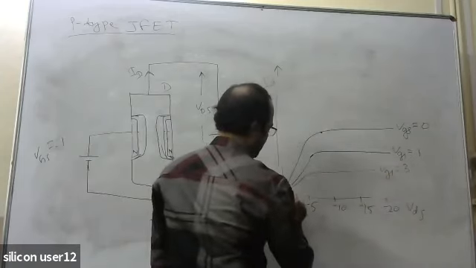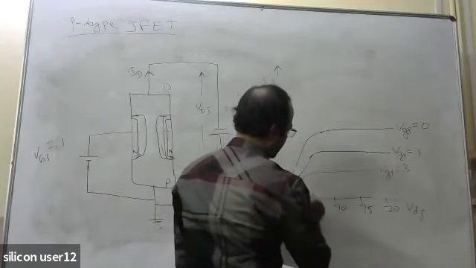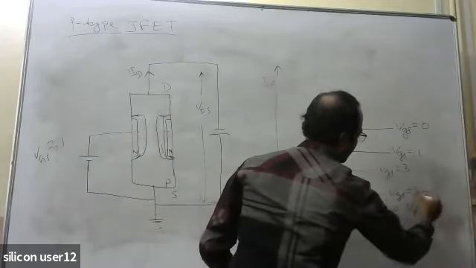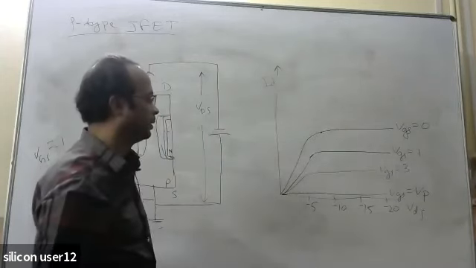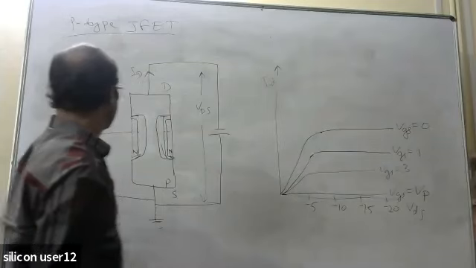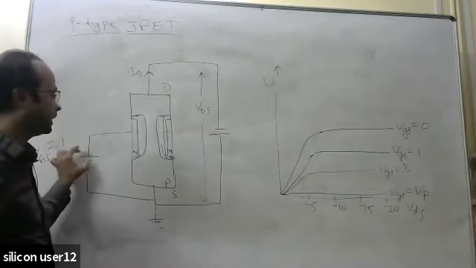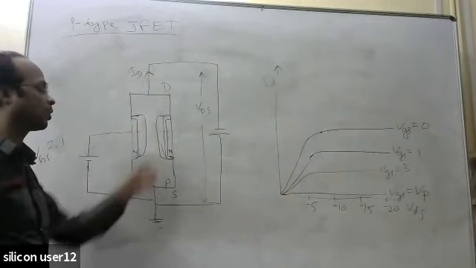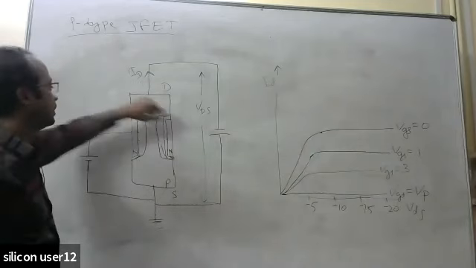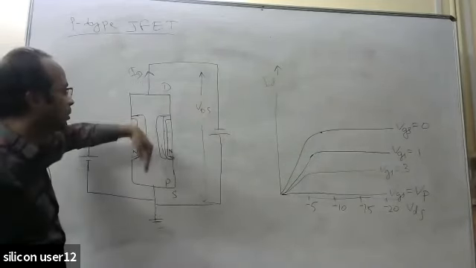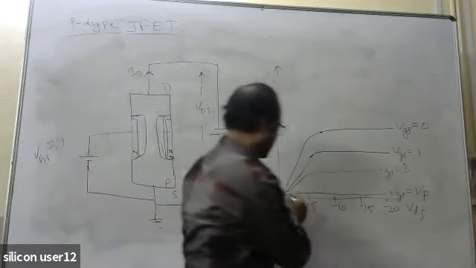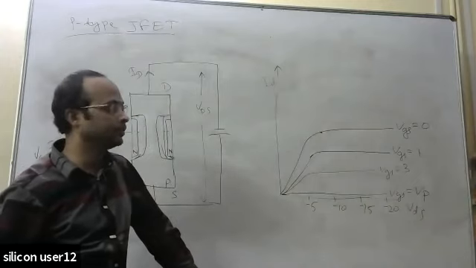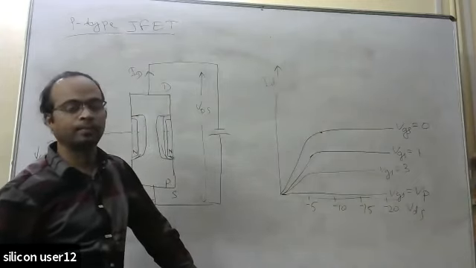Okay, so like this, when VGS will be equal to VP, at that time, due to the application of this pinch-off voltage at the gate terminal, the depletion regions will touch each other. That means there will be no more current. At that time, even if you increase this VDS value, there will be no increase in this current, and ID will stay on the x-axis, or ID will be equal to 0. Okay, so this is the characteristic of the p-type JFET.